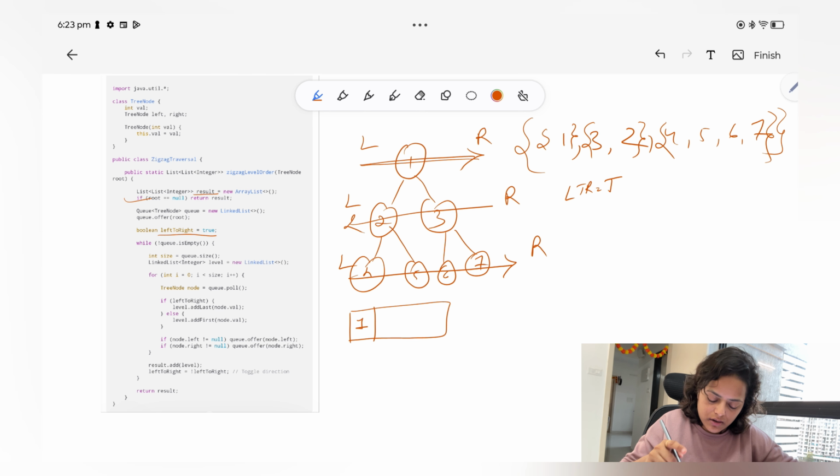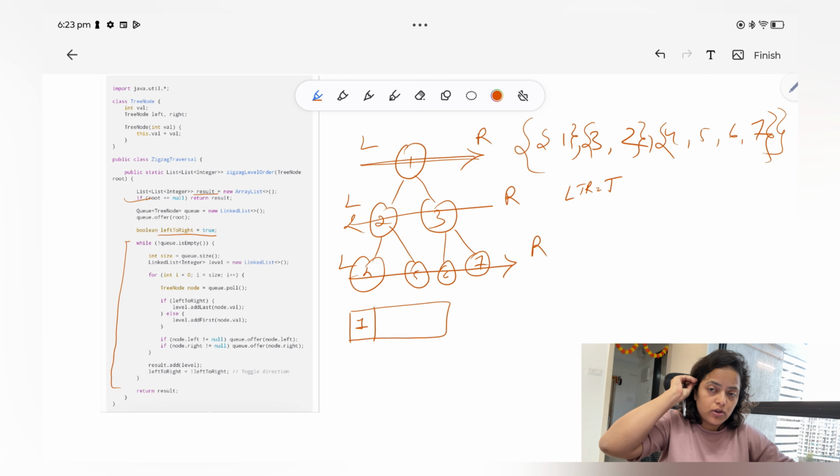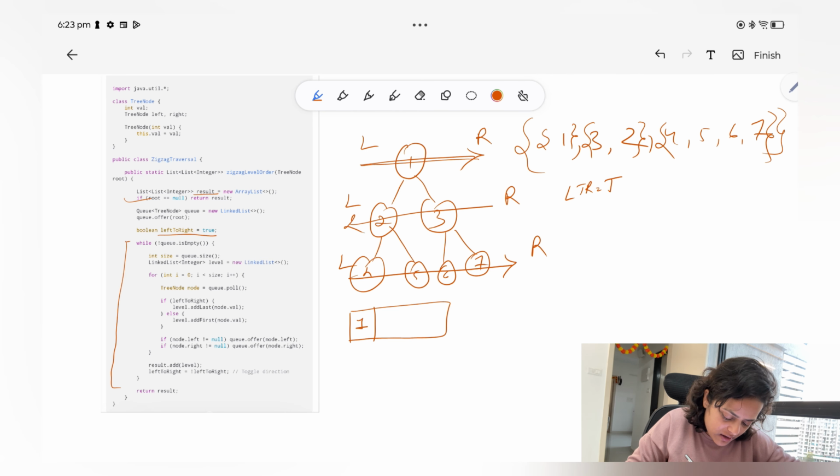When you insert the root, the flag is true. Now just run your while loop, until the queue is not empty. This is what we were doing in level order. Just one thing is different: you are taking the queue size in a size variable,